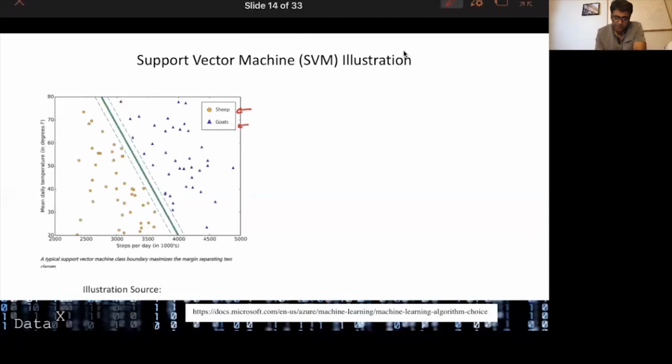And this time we've got 2 different features, 2 different characteristics that we're going to use. One is how many steps per day does the animal take? So this is in thousands, but whatever. How many steps per day does either the sheep or the goat walk? And what was the temperature on that day